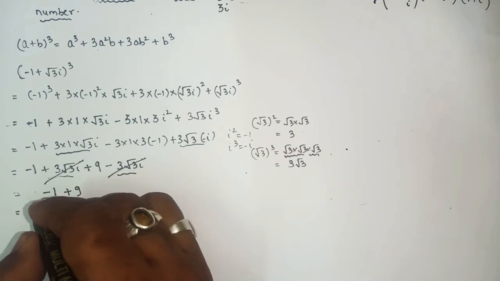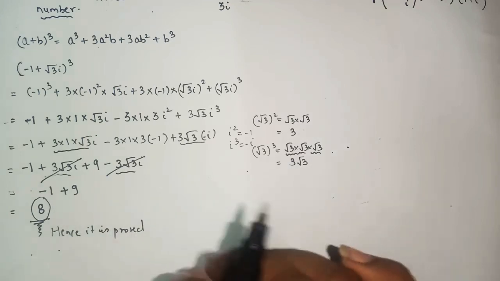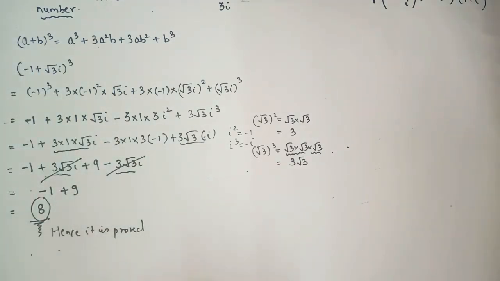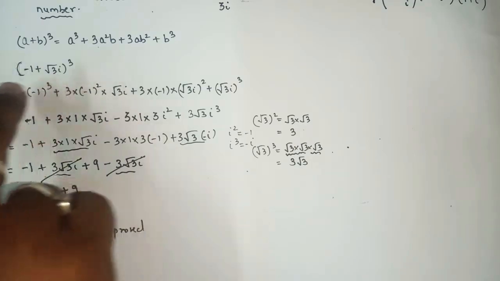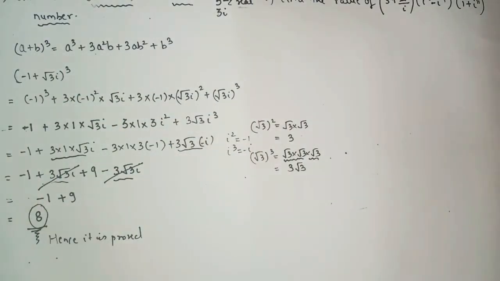Let it be whether you are getting 2, 4, 5, 6, 7, 10, 15, but see to it that the final answer should be without i. But for this sum, the perfect answer will be what? 8. Okay, so here we got 8, and the 8 is without i. So hence we can say that this question, which was given to show that it is a real number, is proved. Okay, then let's move on to the next one.